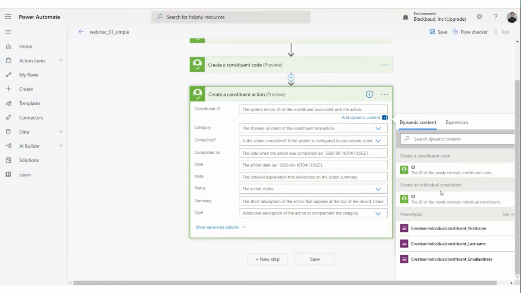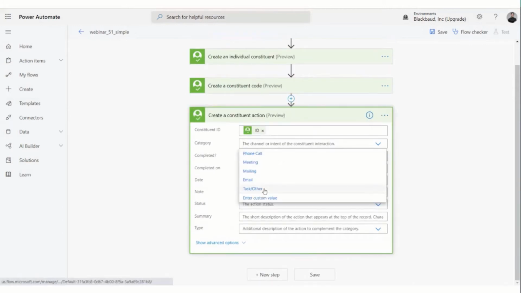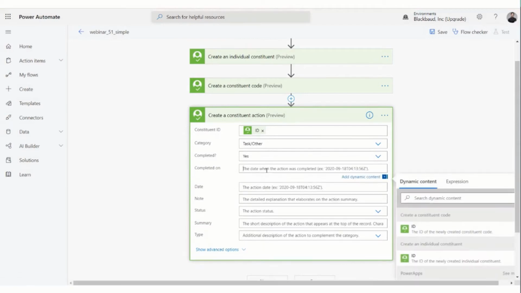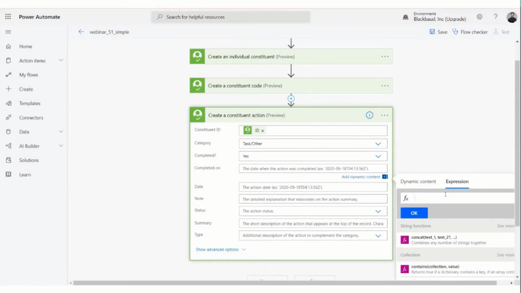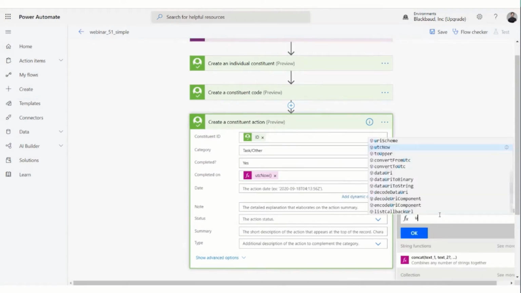You can't put an action on a constituent code. It needs to know where it needs to go. So if you ever see anything unexpected or erroring out, go ahead and recheck those IDs. That's a common point. Even for me, I play around with this a lot. It can be something that trips you up. So we're going to do completed. See now, this is just a fancy way of saying at this point in time.